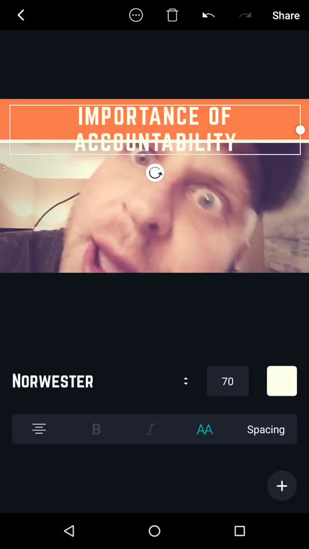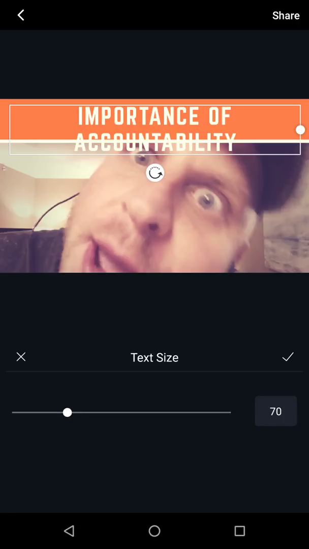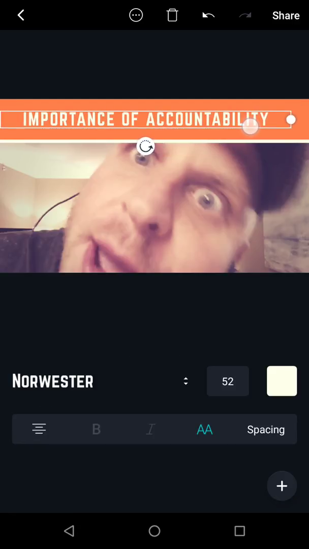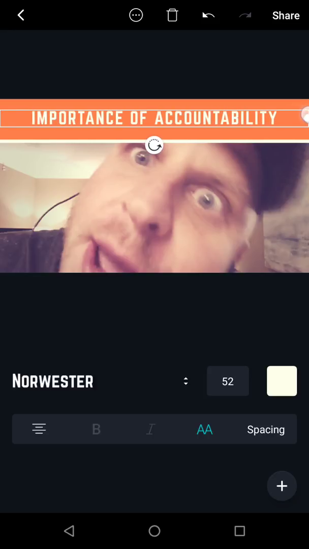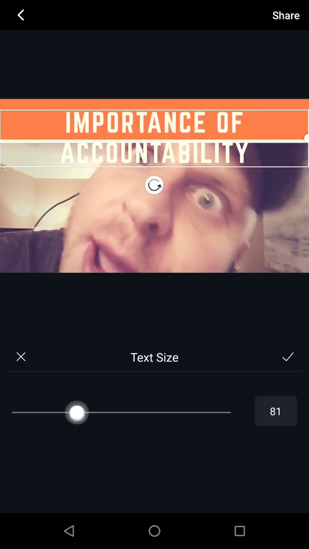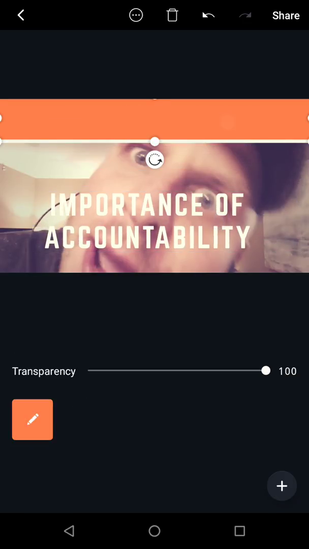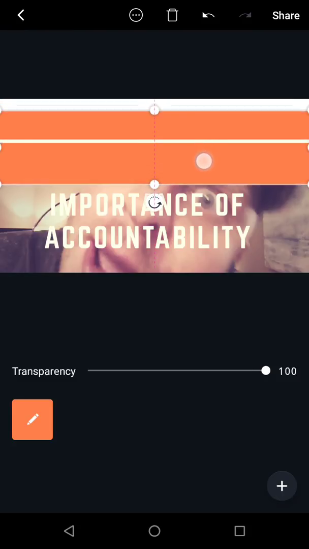Okay, now we see that that obviously doesn't look right, so we can just simply touch this and make it a little bit smaller. We can also take this and drag it over, and we can touch that little dot and make that a little bit wider if we want. Or, I'll tell you what I'd actually like to do. I'd actually like to take this orange square right here, make it a little bit bigger,